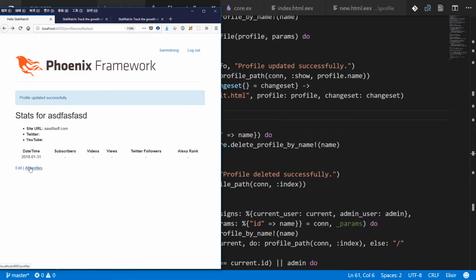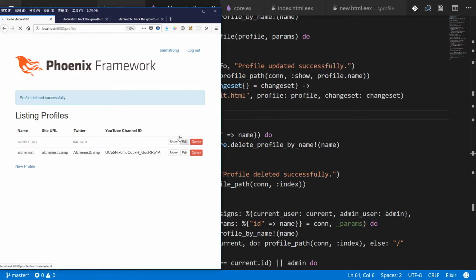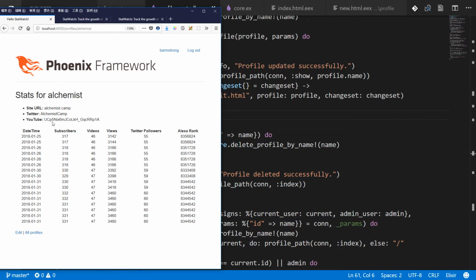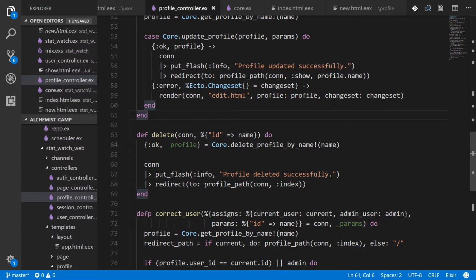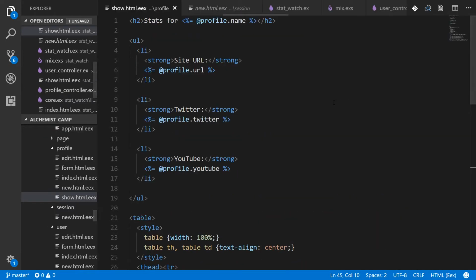Now let's make these profile views a little better than they are now, and get rid of the junk one. So we already have basically what we want here, but let's link it up. I mean, it seems kind of silly to have a URL here and then not actually make it clickable. So we'll go to the profile show. So we'll just change this profile URL here to link profile.url to HTTP